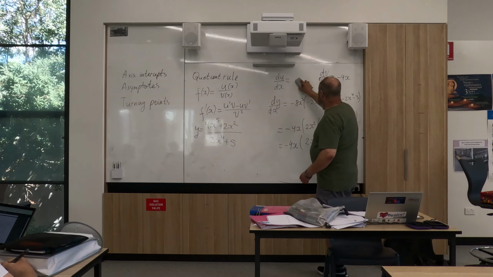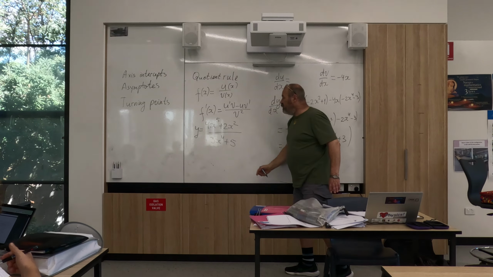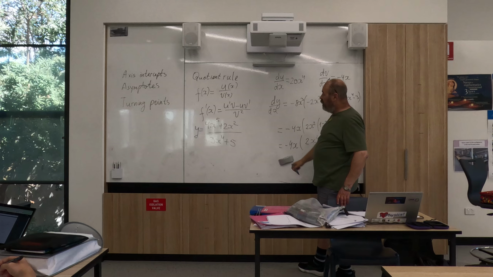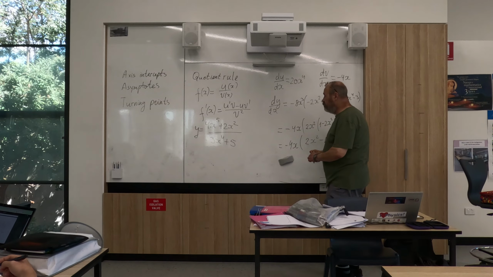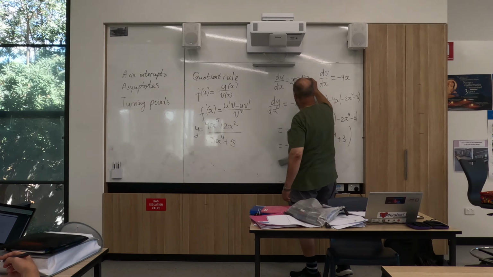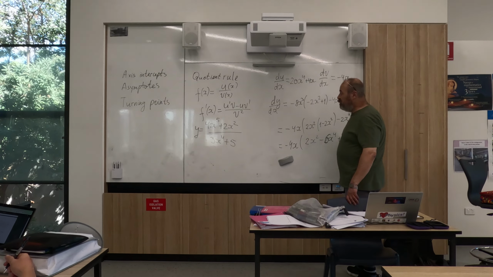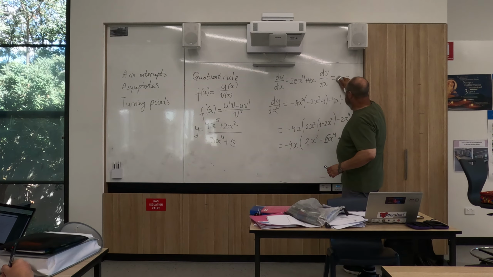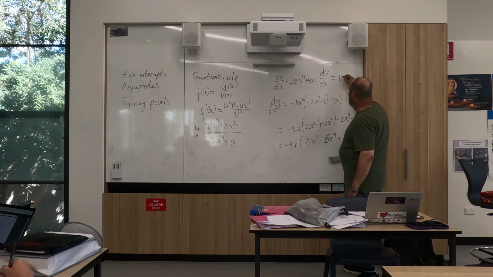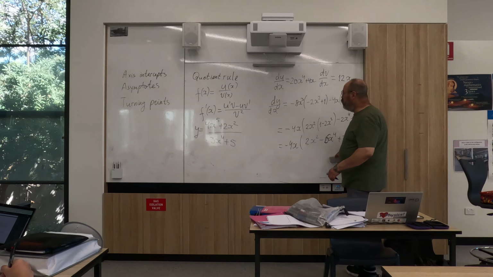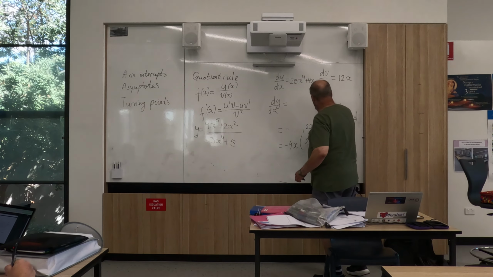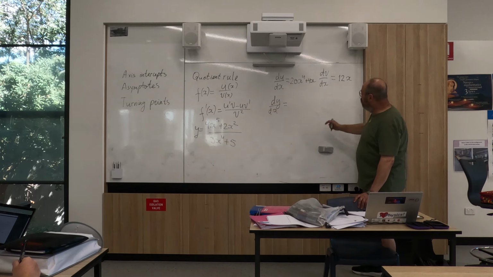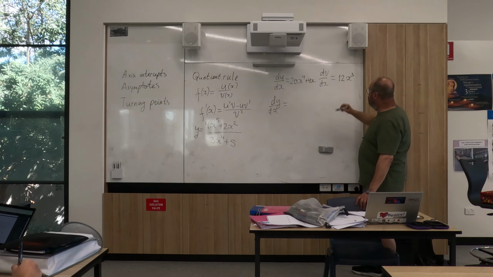So du over dx will be 20x to the power of 4 plus 4x. dv over dx is 12x cubed. Then we substitute it into the quotient rule formula. We'll get dy over dx equal to